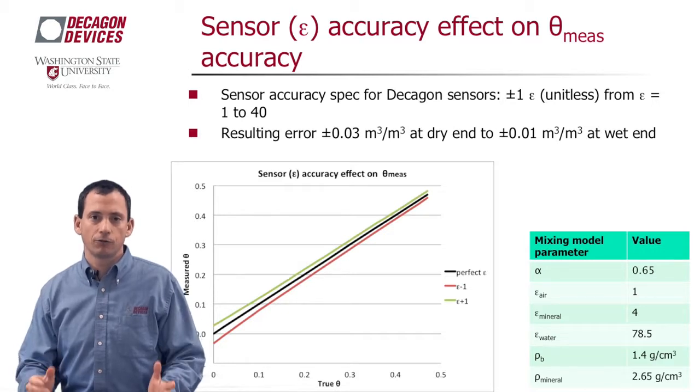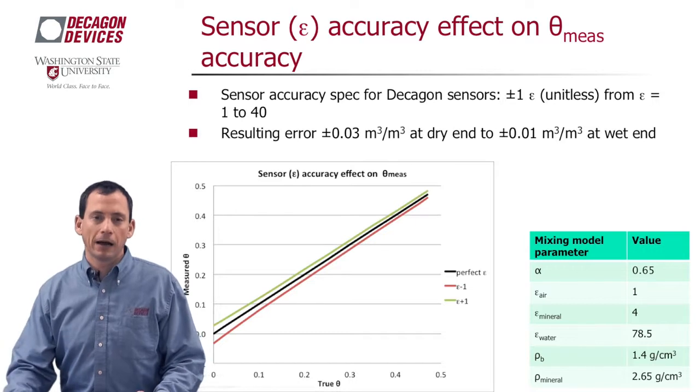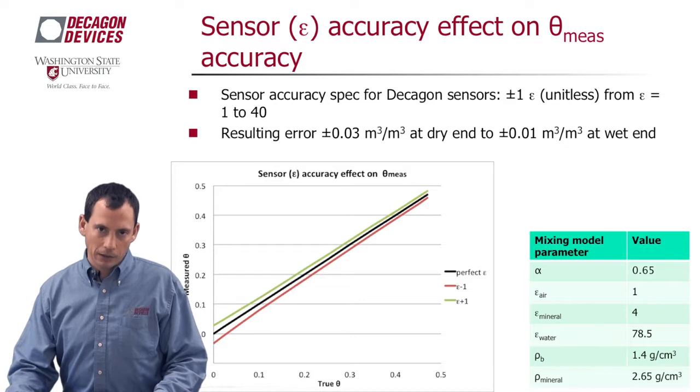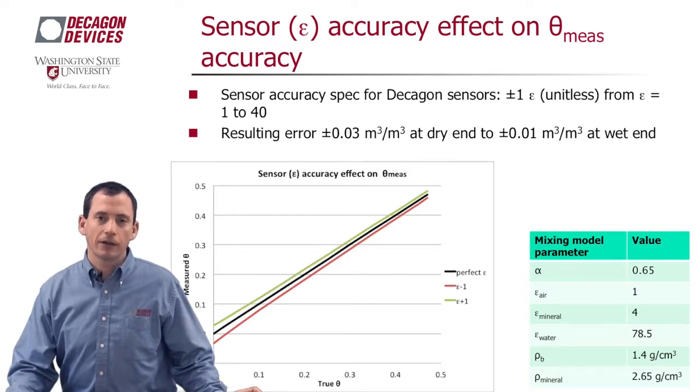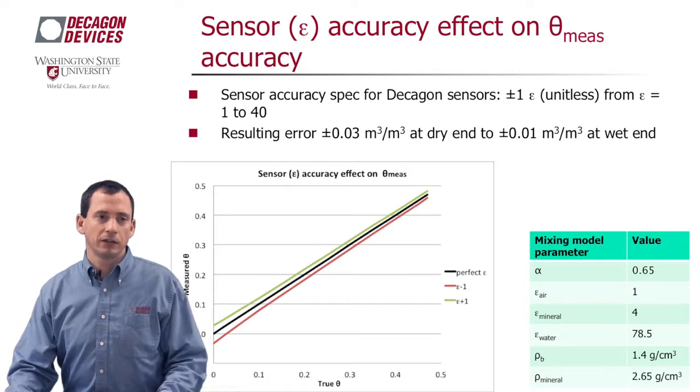And that range of 1 to 40 ranges all the way from air up to about saturation in a typical mineral soil. So if you vary the measured dielectric permittivity in that mixing model that I showed you and look at how that changes the water content, then you'll see that